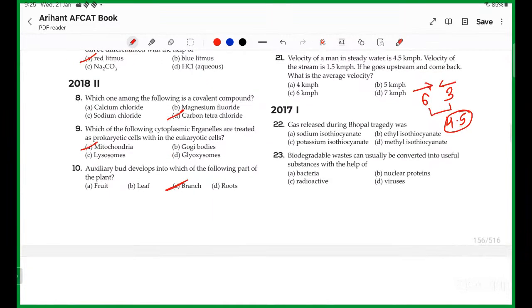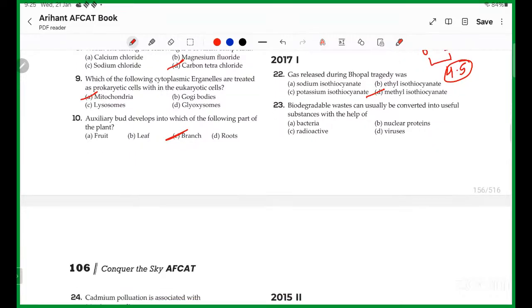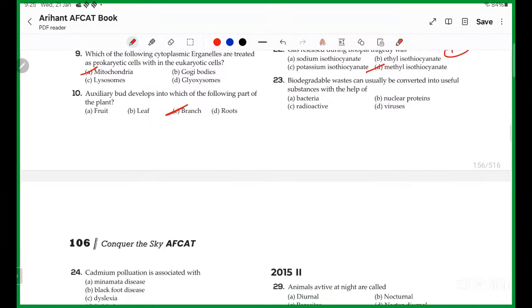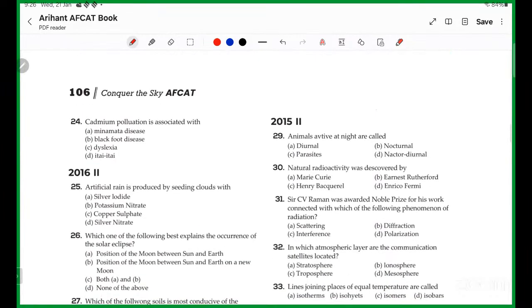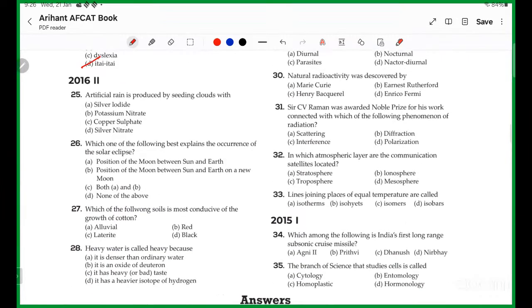भोपाल गैस ट्रेजेडी में कौन सी गैस थी? मिथाइल आइसोसाइनाइड। ठीक है। Biodegradable waste can usually be converted into useful waste with the help of bacteria. कैडमियम पॉलिनेशन इज एसोसिएटेड विद, कैडमियम बेसिकली होता है किससे? Artificial rain is produced by seeding clouds with पोटेशियम नाइट्रेट और सिल्वर आयोडाइड।